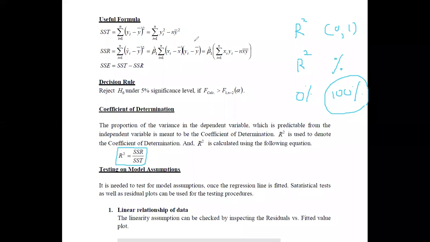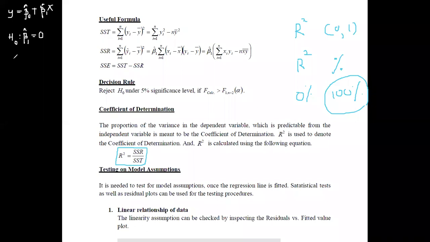Now we have identified a model. If you summarize these things, it is y equals beta naught hat plus beta 1 hat x. This is the first step. First of all, we identified a linear relation. After finishing all those initial identifications, we fitted the model, and thereafter we did the hypothesis testing, to check whether the fitted model is significant or not. Therefore, we have tested for beta 1 hat.